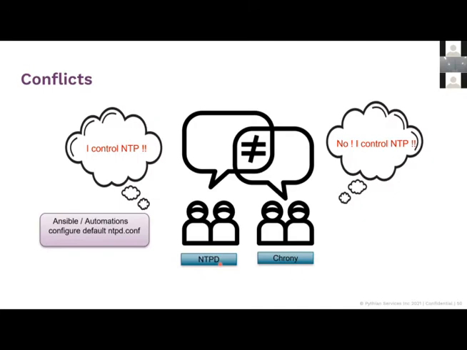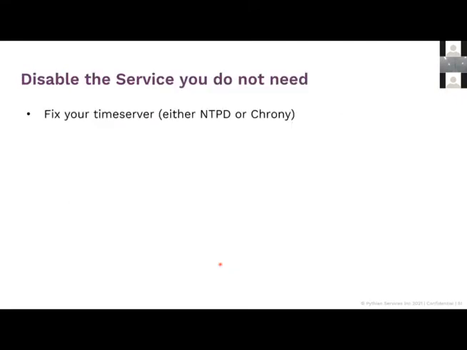And out of the box, Linux has this additional daemon chronyd configured by default. Now, in case our automations are not updated to cater for this particular change, then we will run into a conflict, and this conflict is going to impact our database installs and database setups as well. So this is something we need to be careful about. And how do we fix it?